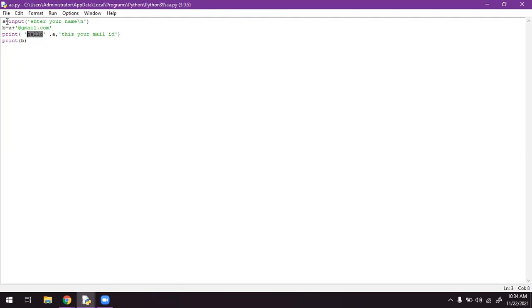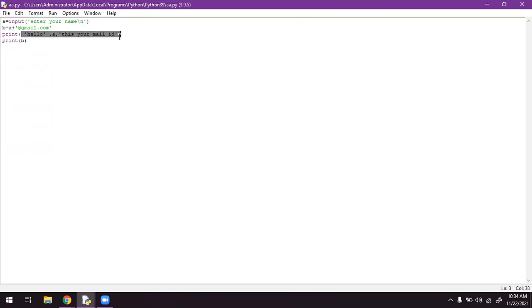And whenever we want to specify a variable, we specify that variable directly, and we divide these things using commas. Then it becomes a syntax.